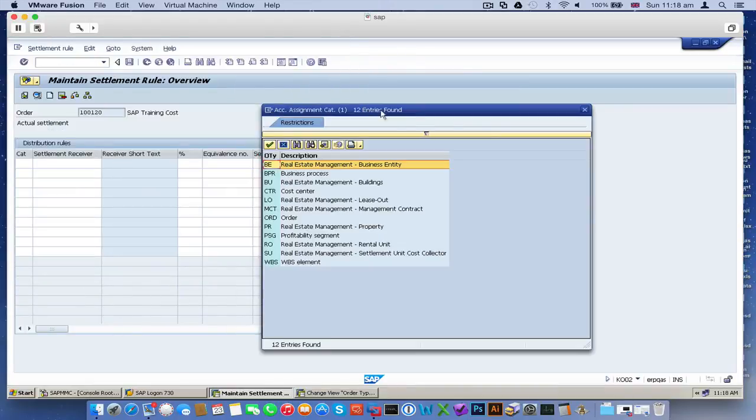Okay, let me. Shall I go back one step? Yeah. There's a button here, settlement rule. Yeah. Under settlement rule,